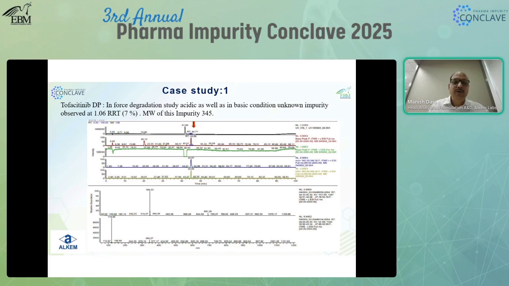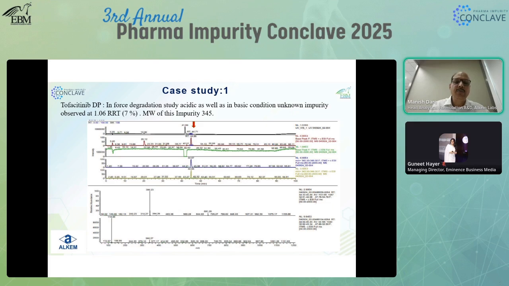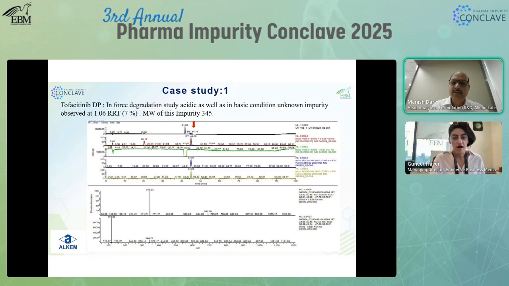So we have to make it known. We have to identify what the impurity is. So we completed the mass spectroscopy analysis in ESI plus and ESI minus mode. We came to know that the mass would be 345, and this mass